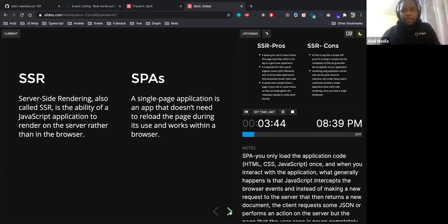So essentially, what single page applications are, they just load your HTML, your CSS, and your JavaScript code. And once that has happened, instead of relying on the server to change the pages and the different routes, JavaScript takes over and starts responding to your browser events. So if you navigate from login to the users page, the browser is doing that work for you, not the server.